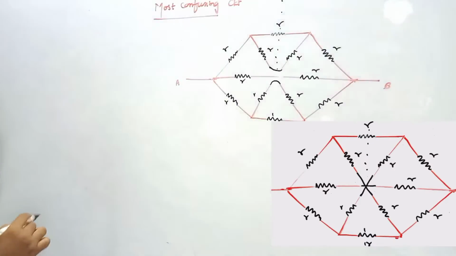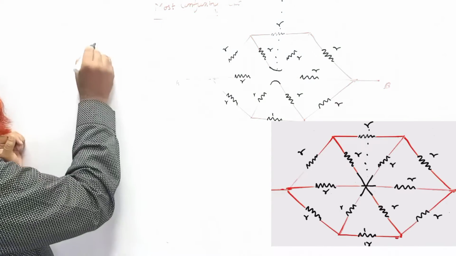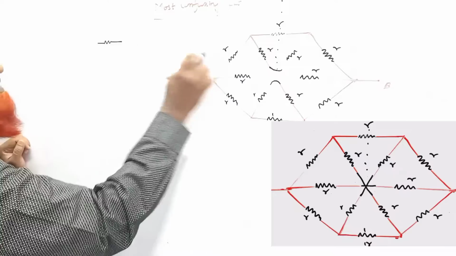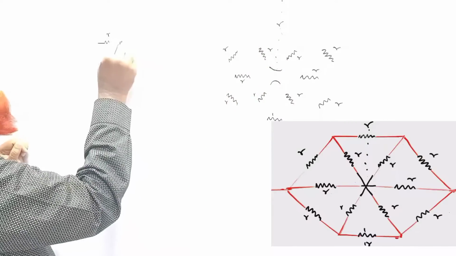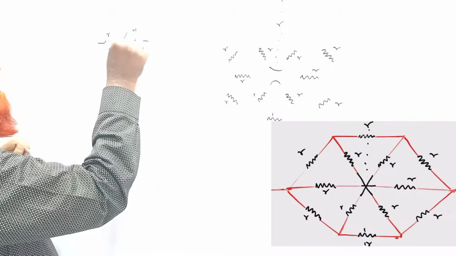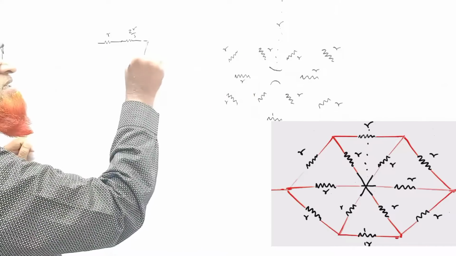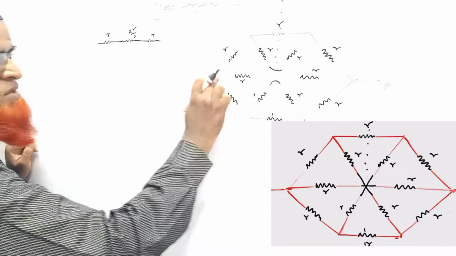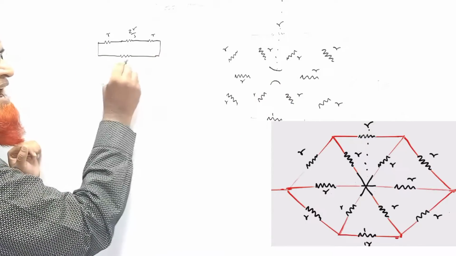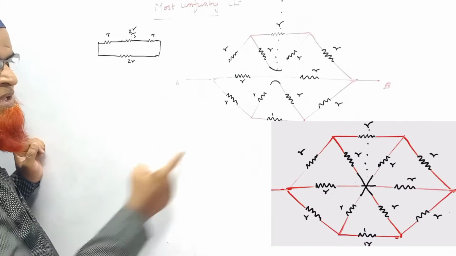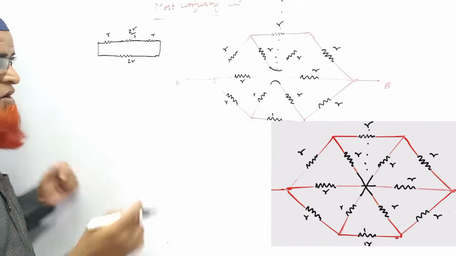So now how are you going to solve this problem? I'll just replace this with a new circuit. This is R. You know 2R into R by 2R plus R is nothing but 2R by 3. Just now I told you in the previous problem, this is 2R by 3 and this is R. Combined together in the middle, they can be considered as 2R. The same thing happens here. Upper circuit and lower circuit are going to be the same, isn't it?